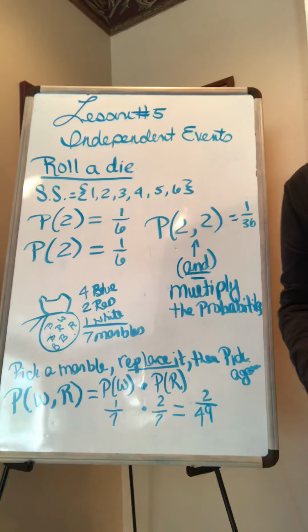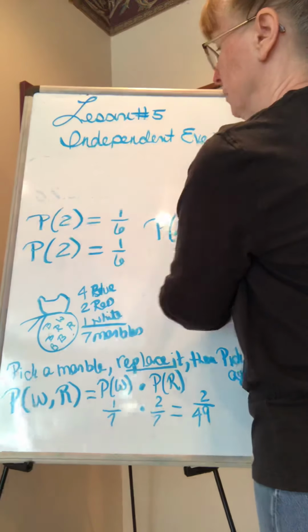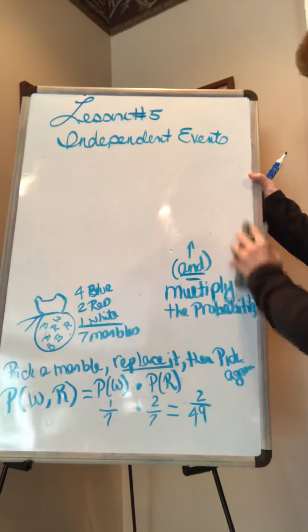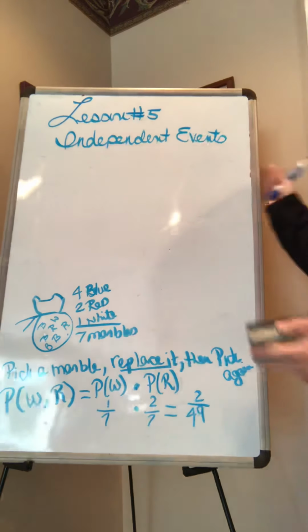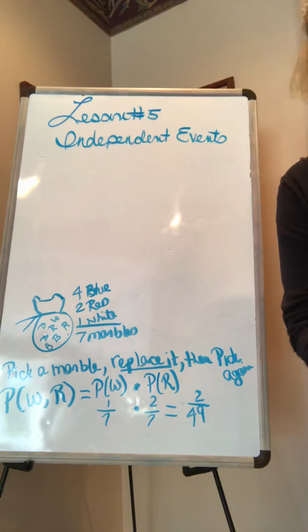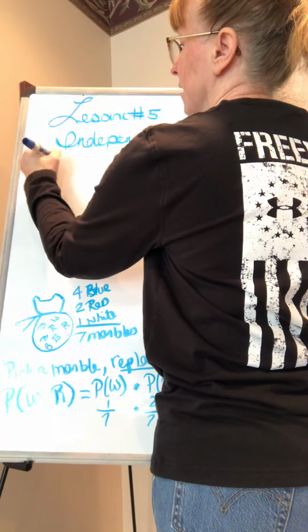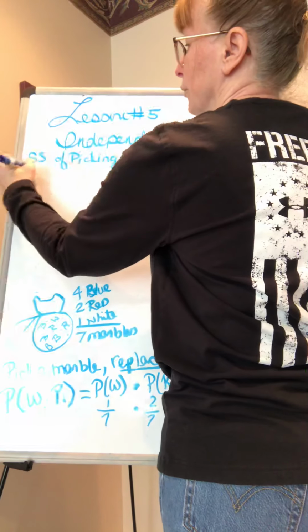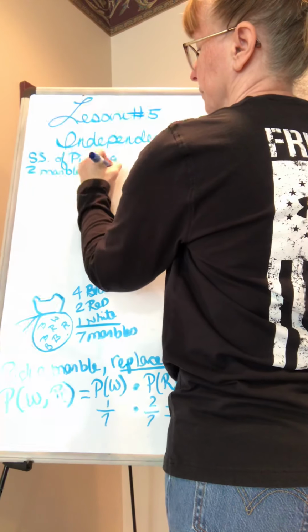Now, I'm just going to get rid of my die sample space because I want to keep using this bag of marbles. So if we wanted to make a tree diagram of picking a marble, replacing it, and picking a marble. So if I wanted to make a full sample space of picking 2 marbles with replacement,